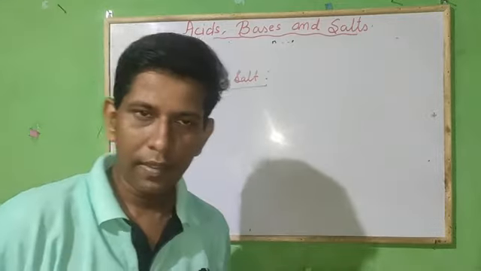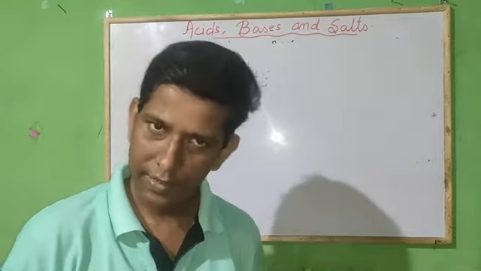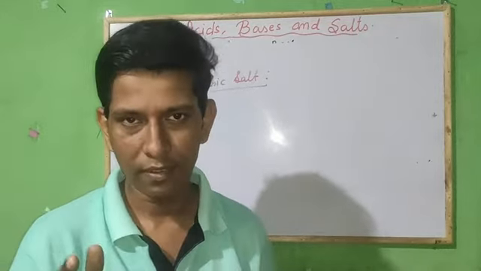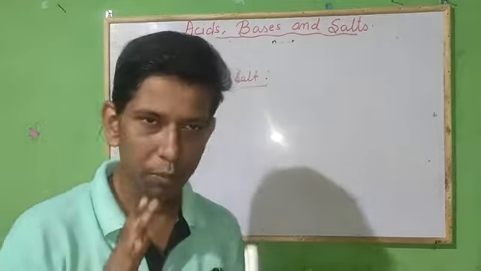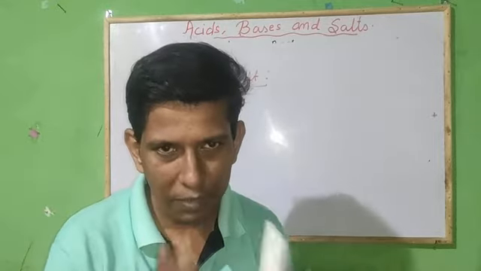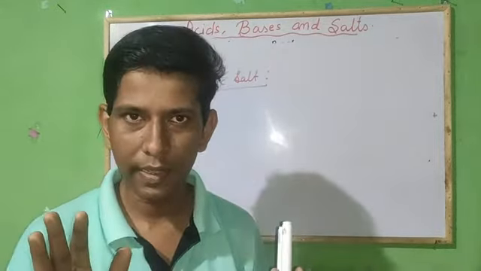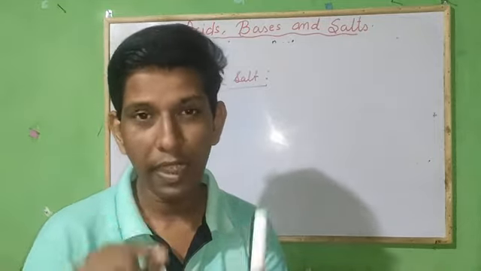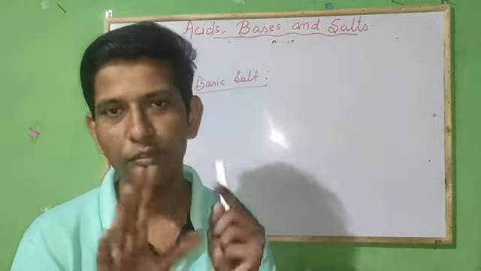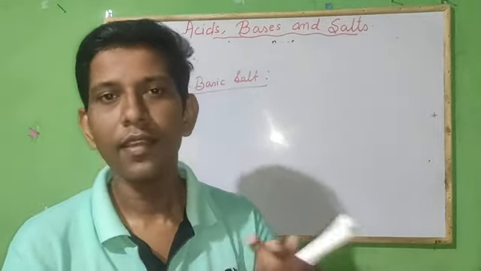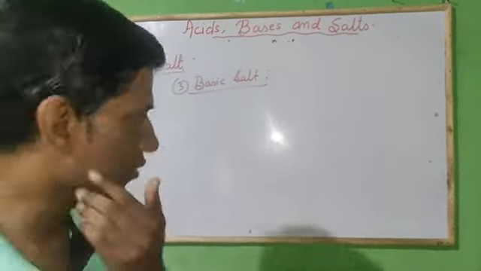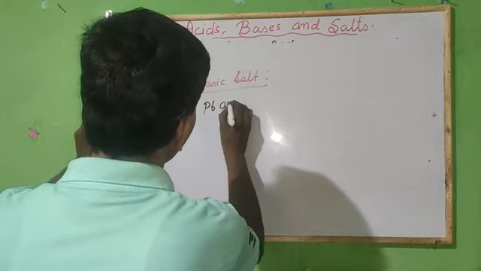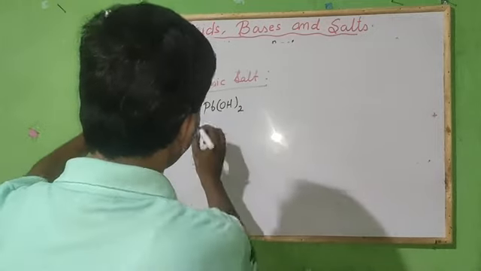Clear, children? Just like the acidic salt that we have discussed right now, where complete replacement did not take place in the acid, here also in basic salt the replacement of OH will be there, but the complete replacement of OH will not be there. Clear? With the formula also, when you see the formula of a basic salt, easily you can see that there will be at least one OH in its formula. So if one OH is there, easily it is which type of salt? Basic salt.